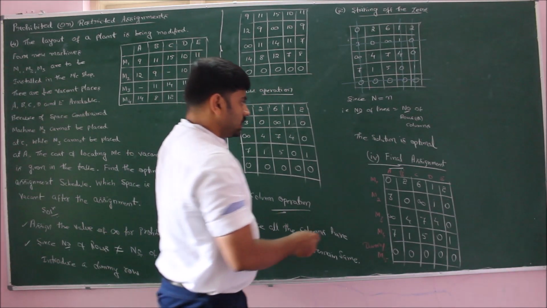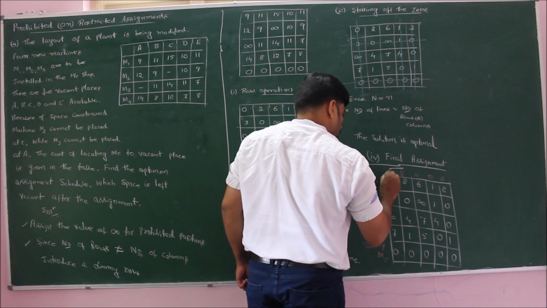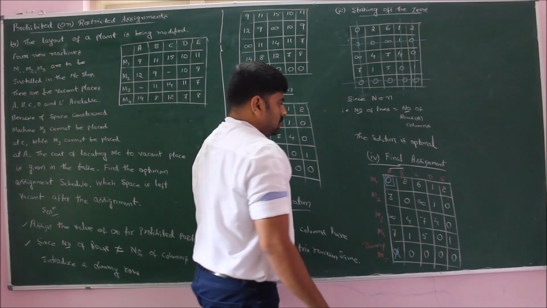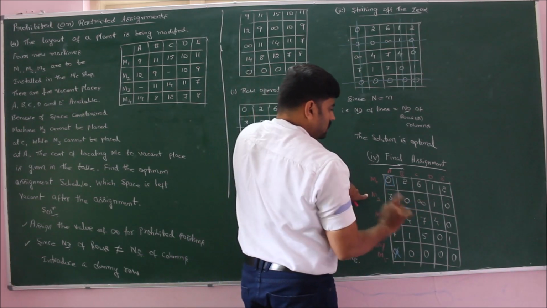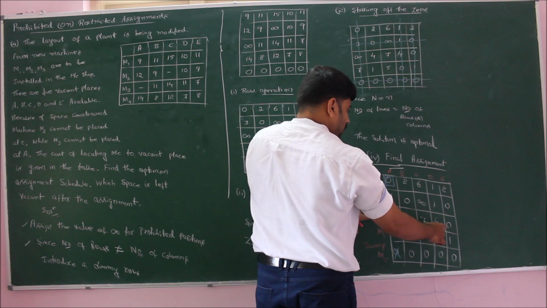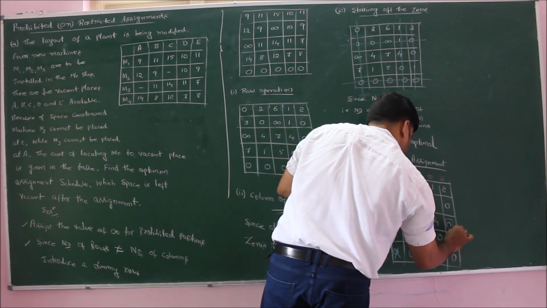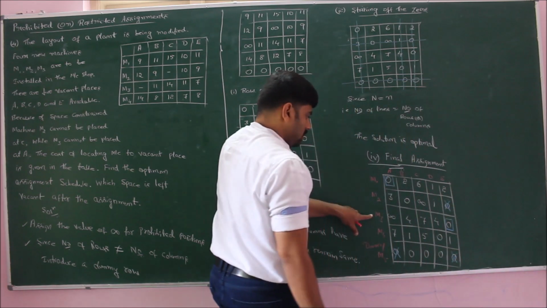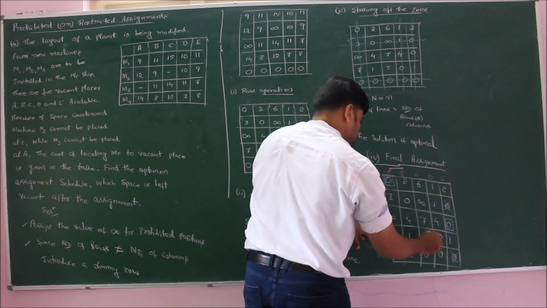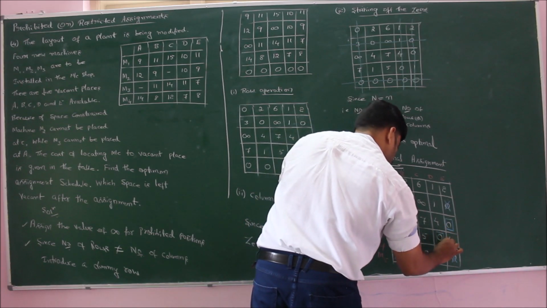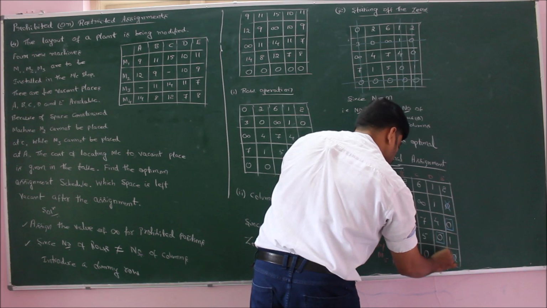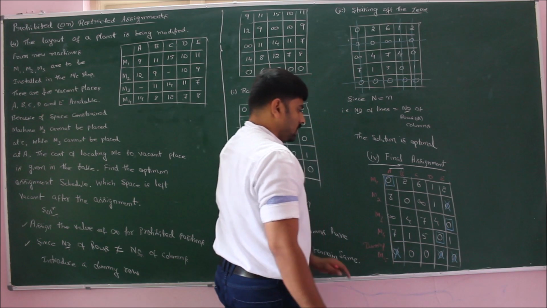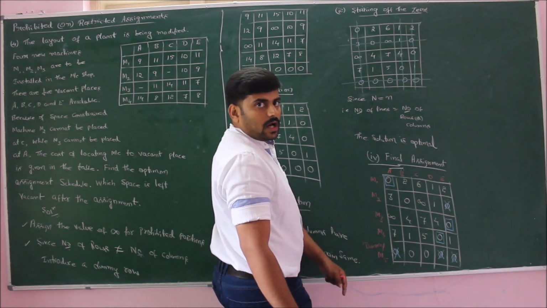Now coming to allocation, for M1 we have only one zero, so therefore allocate it and strike off all the zeros in this column. Coming to M2, we have two zeros, let us wait. Coming to M3, we have only one zero, so therefore allocate and strike off all the zeros in this column. Coming to machine 4, we have only one zero, allocate it and strike off all the zeros in this column. And coming to machine 5, we have two zeros, let us wait. This completes round 1 of allocation.